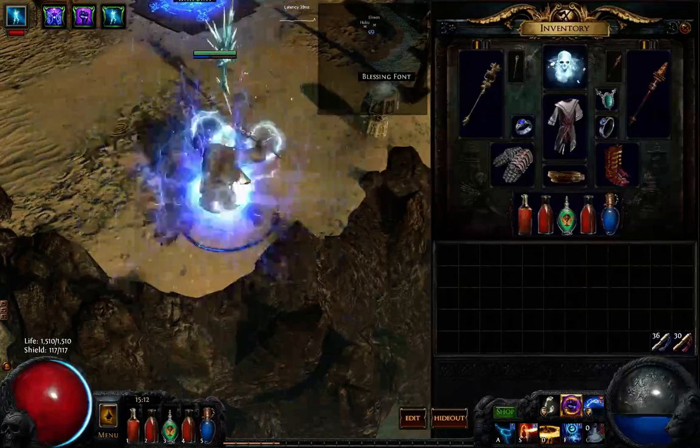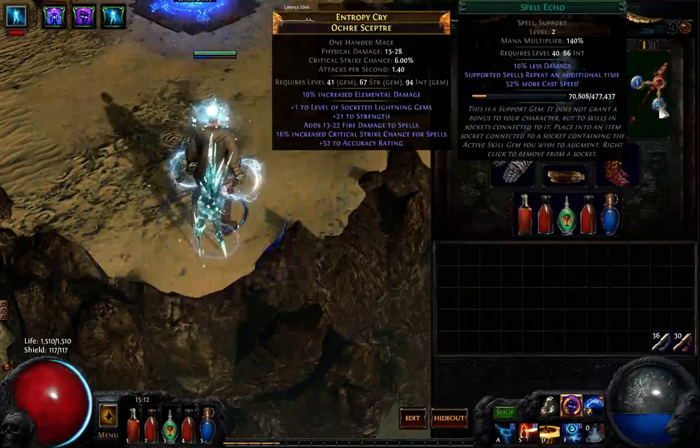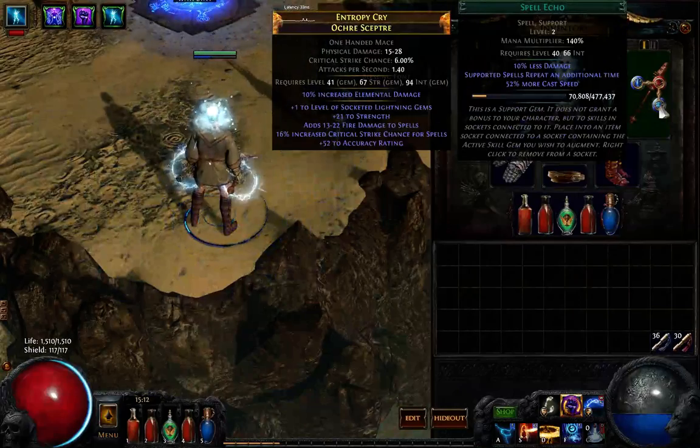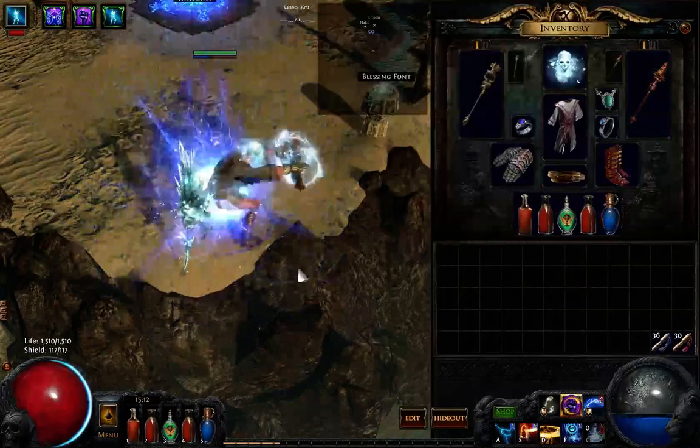It's not been so bad here in the last little bit, mostly because I picked up Spell Echo in Act 4, and that's been working out pretty good on the arc. So